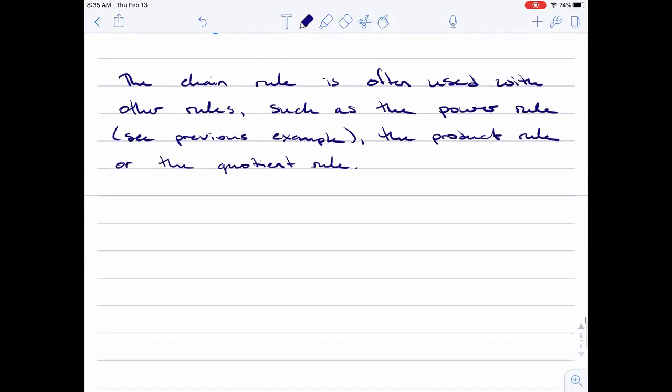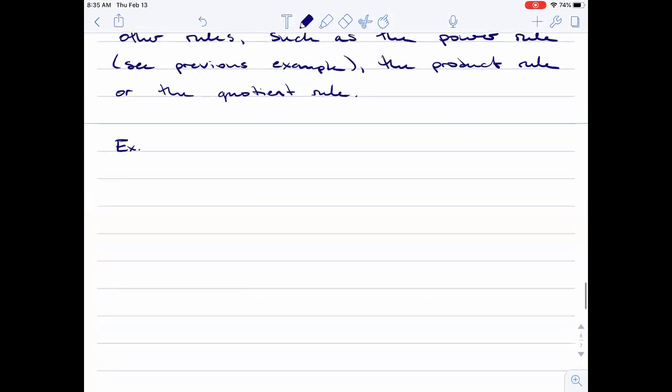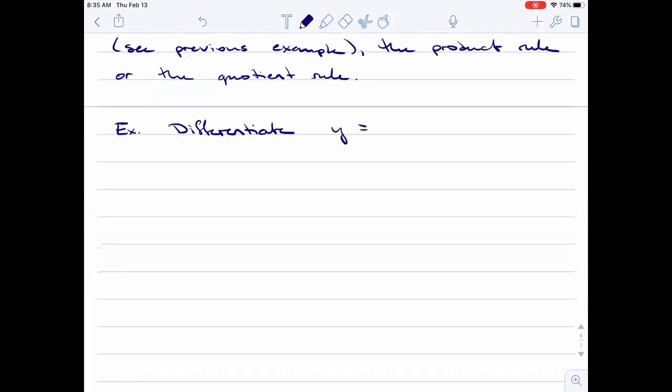So let's do an example. Because now we're just going to do examples till our hand falls off. No. But if we have to differentiate something like y equals x to the 3 minus 1 to the power of 100,